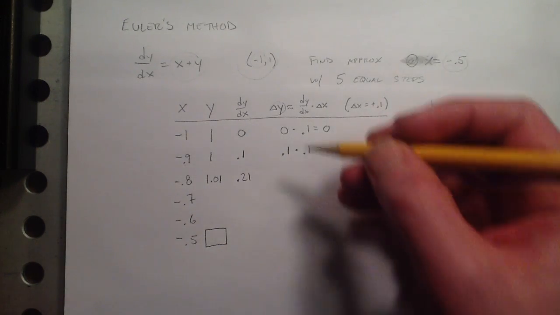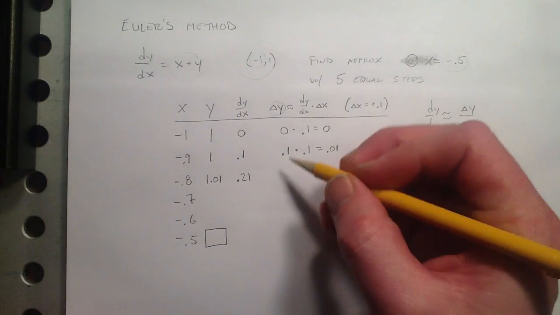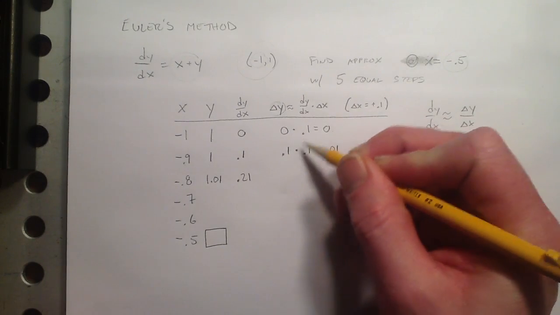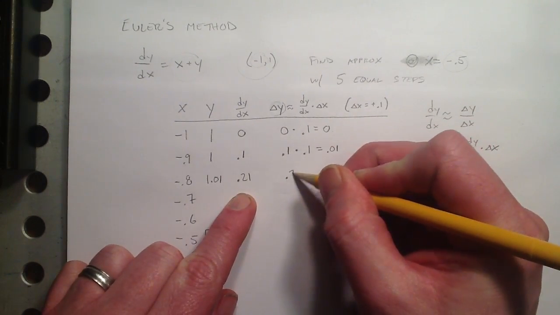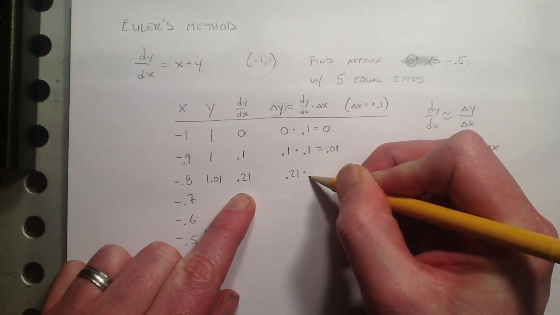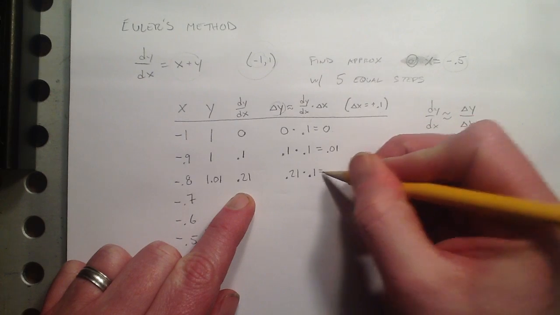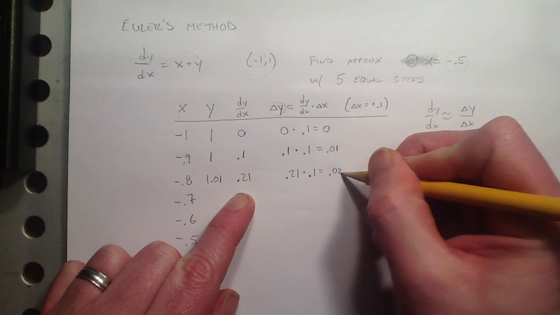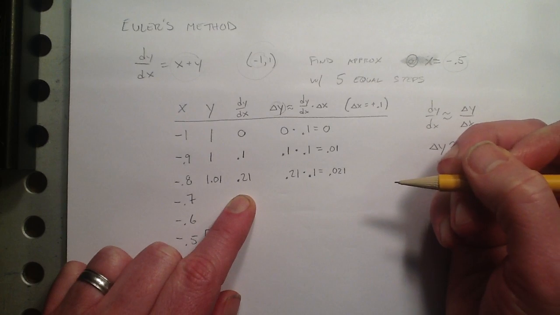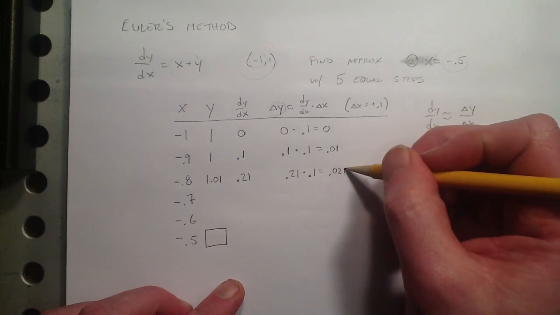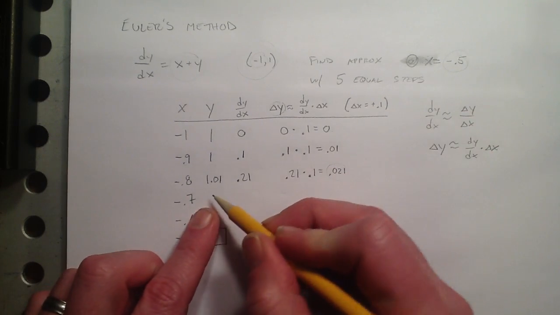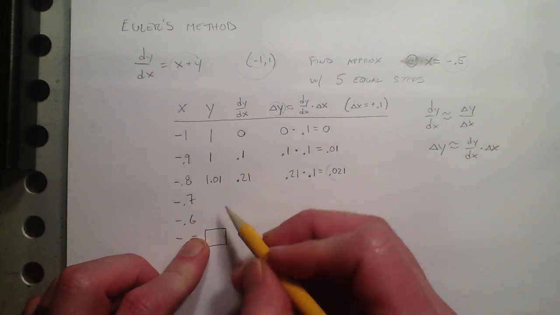And to find how much the y value changes, I multiply together dy/dx times step size, delta x, which is 0.1, which gives me 0.021. And then that's delta y, so I come back over here and add it to my y value, and that gives me